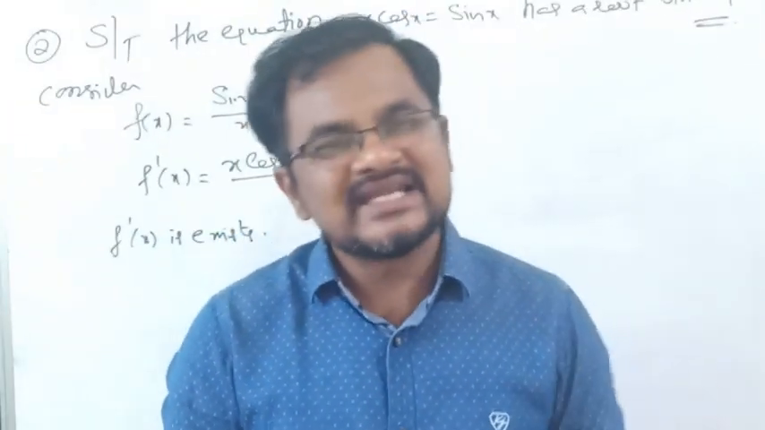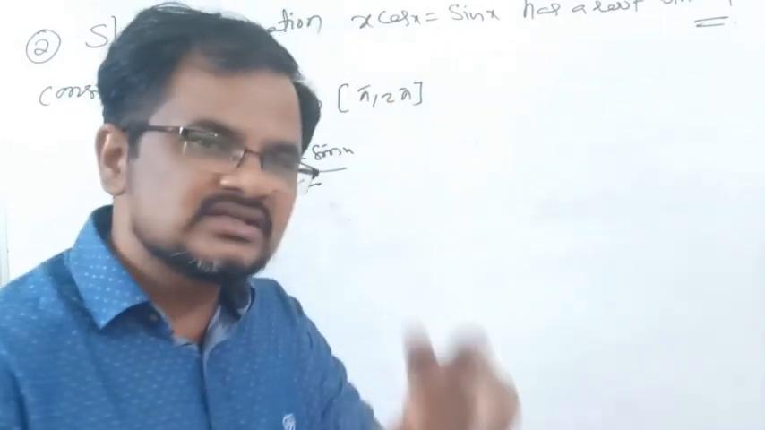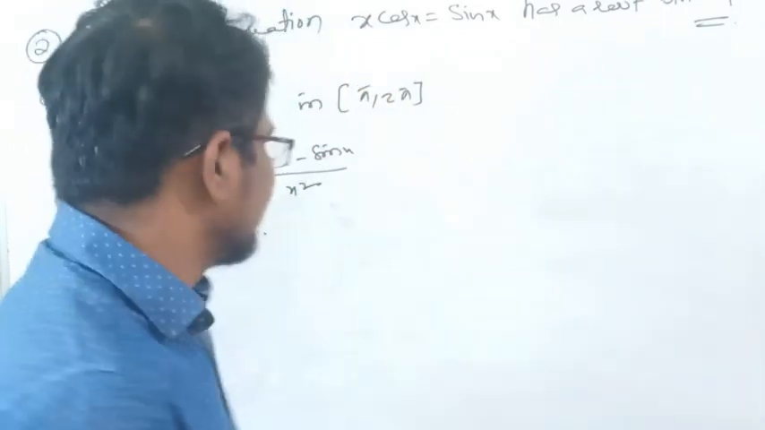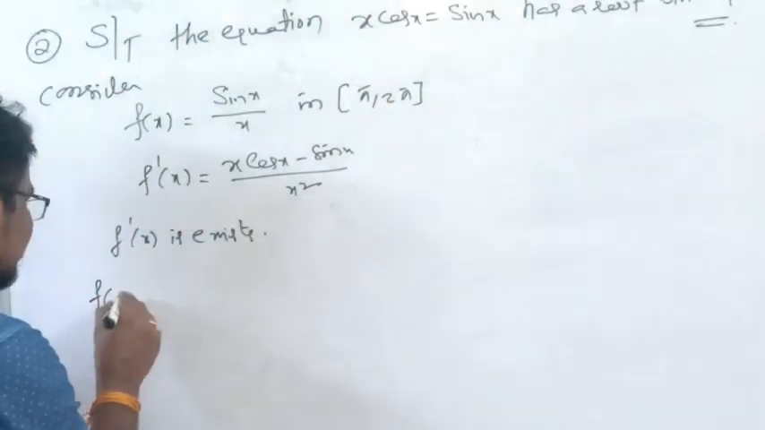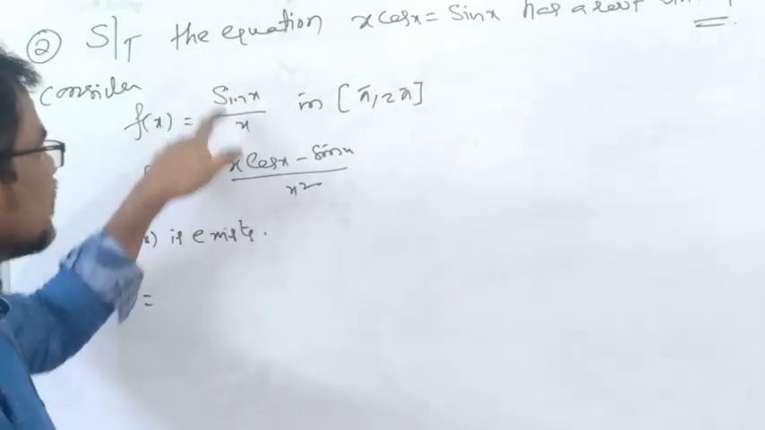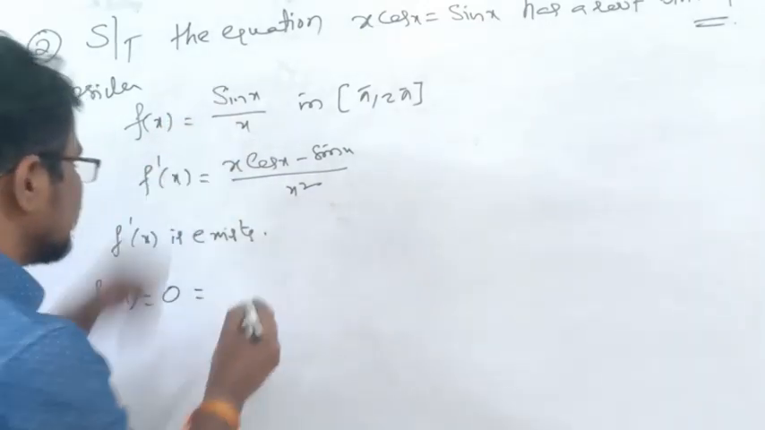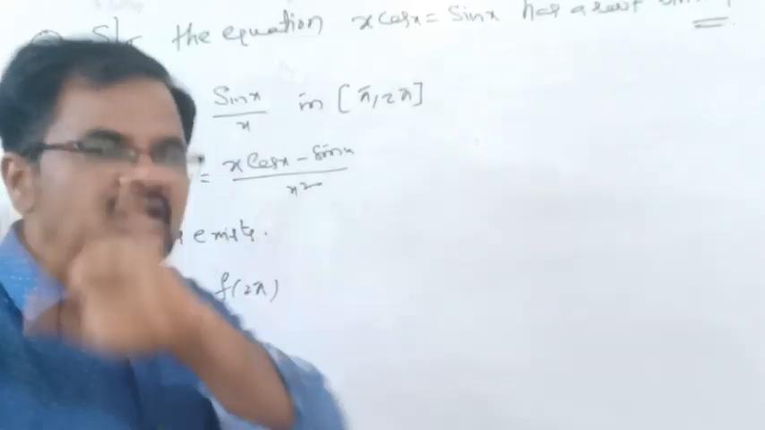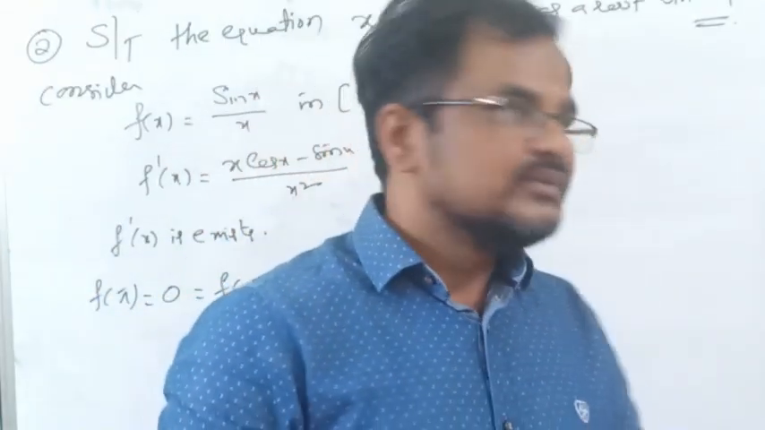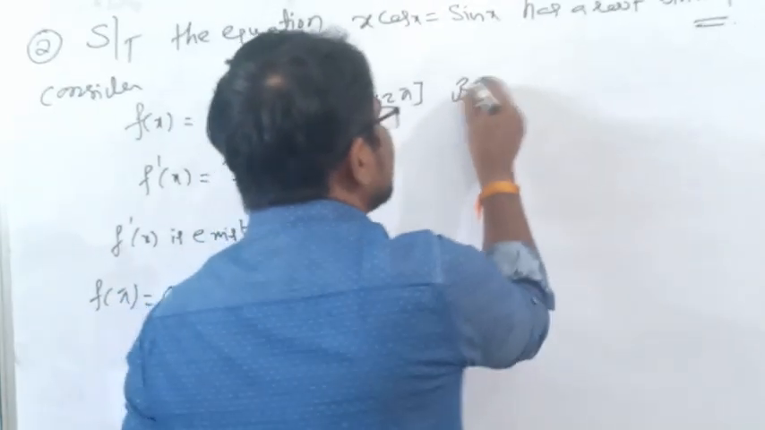Every differentiable function is continuous, so two conditions of Rolle's theorem are satisfied. Next, the third condition: f of pi is sin pi by pi, which is 0, equal to f of 2 pi, sin 2 pi by 2 pi, which is 0. So the third condition is also satisfied. Then by Rolle's theorem,